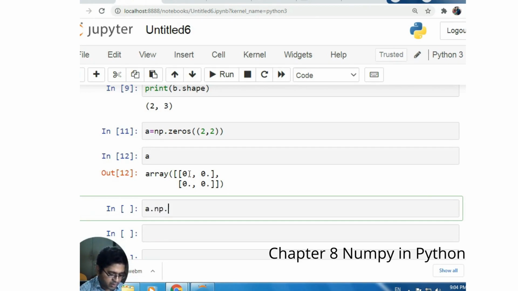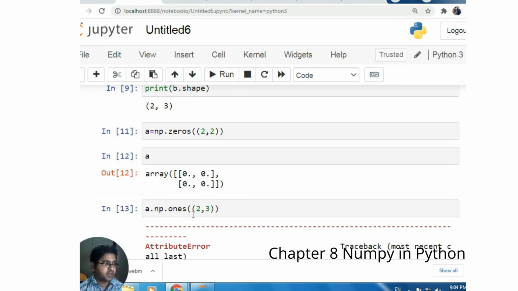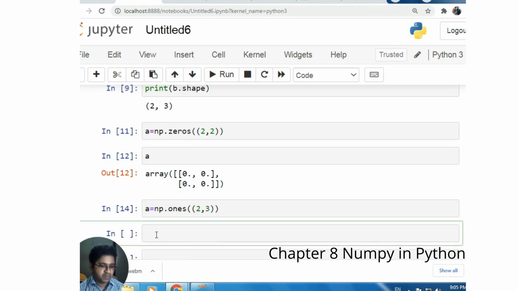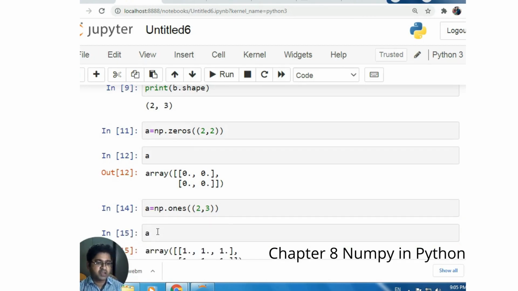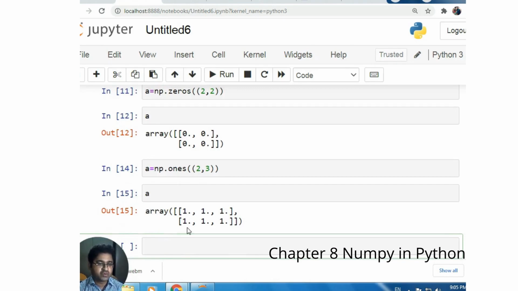So 2 rows and 3 columns are represented as 1. Instead of 1 or 0, we can have a full value, any other integer value, let's say 7. So 2 rows and 2 columns with 7 values every time. In the same way, you can have a large matrix with n rows and n columns with certain values.